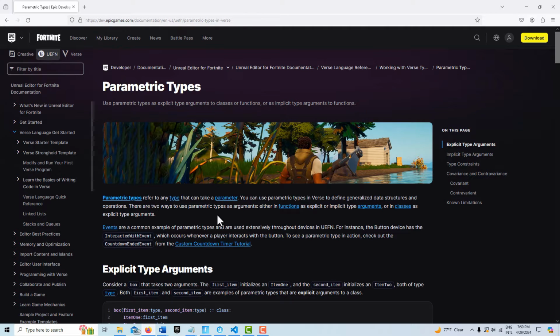Hey, how's it going? Today we're taking a look at parametric types. I'm doing this because I found this to be an advanced and challenging topic, and I wanted to put it into my own words. So, in the documentation, it says that parametric types refer to any type that can take